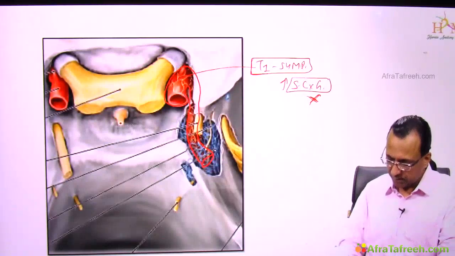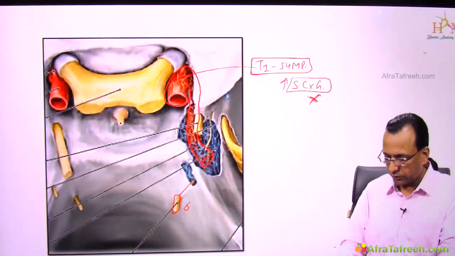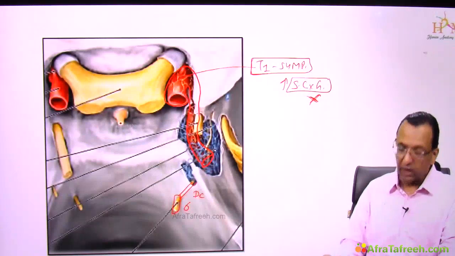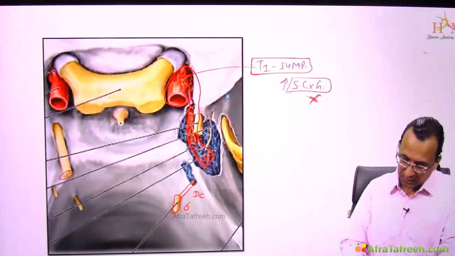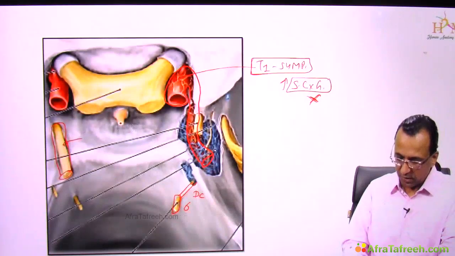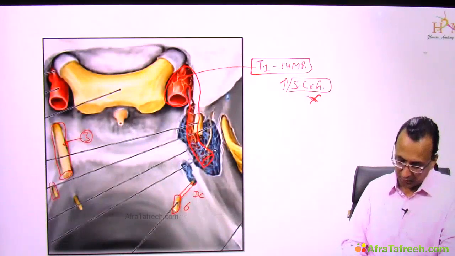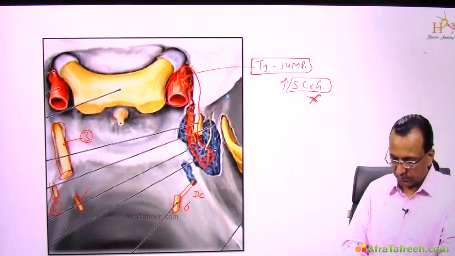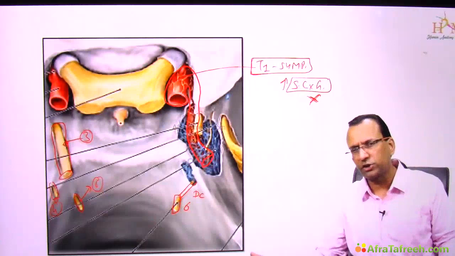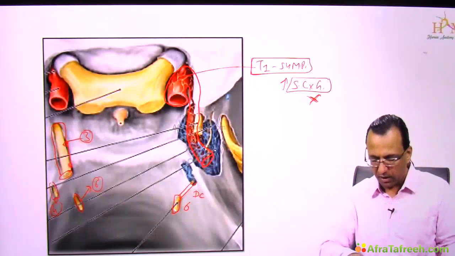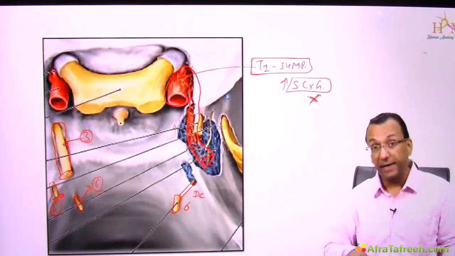You see, this is the abducens nerve in Dorello's canal. It is passing and is a direct content of the cavernous sinus. And who is this? This is the oculomotor, 3rd nerve. Then who is this? This is the 4th nerve. And who is this? This is the 6th nerve. So why should I know all this? Because the examiner is giving you questions like marker A, marker B, marker C. That's why.